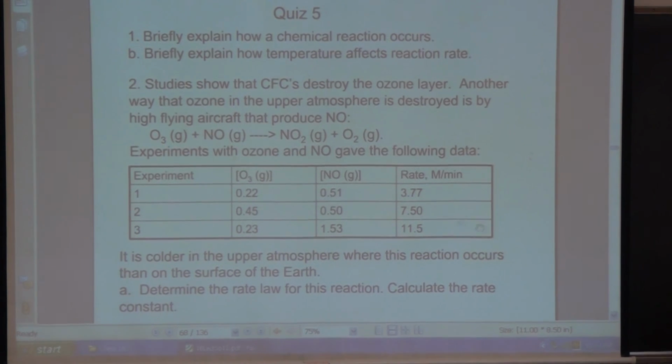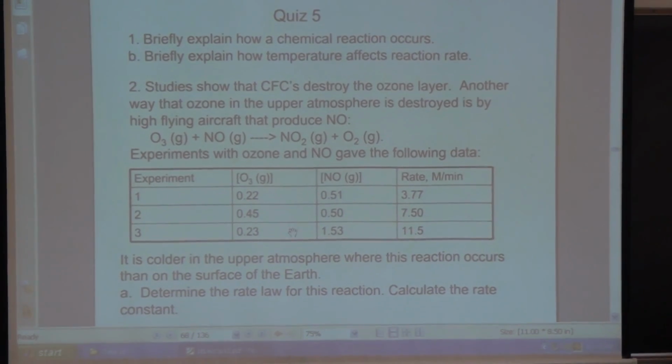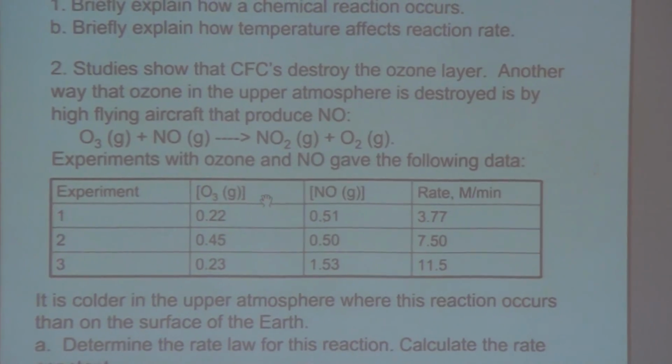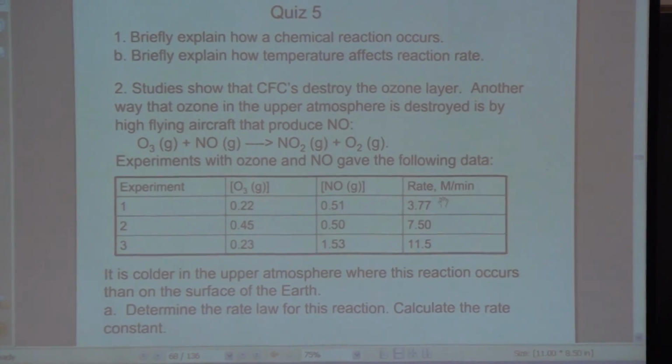Okay, so in this problem here, these concentrations are in molarity units. Again, the concentrations for these two columns are in units of molarity. And then the rate here is in